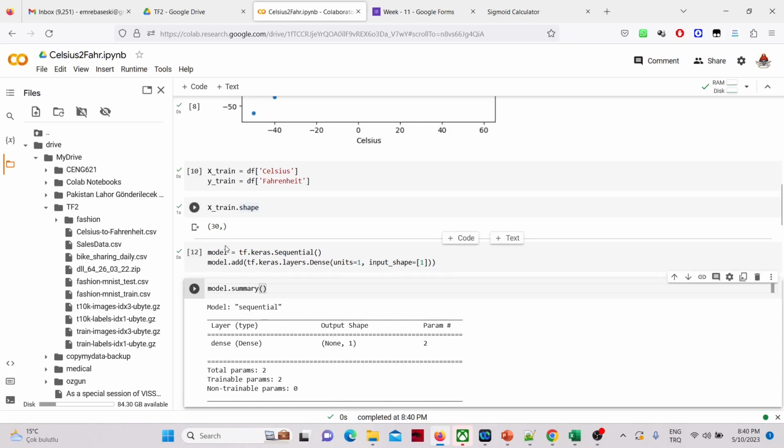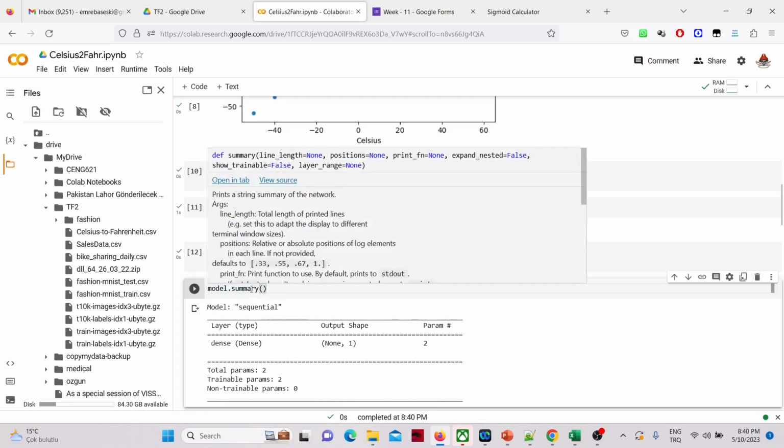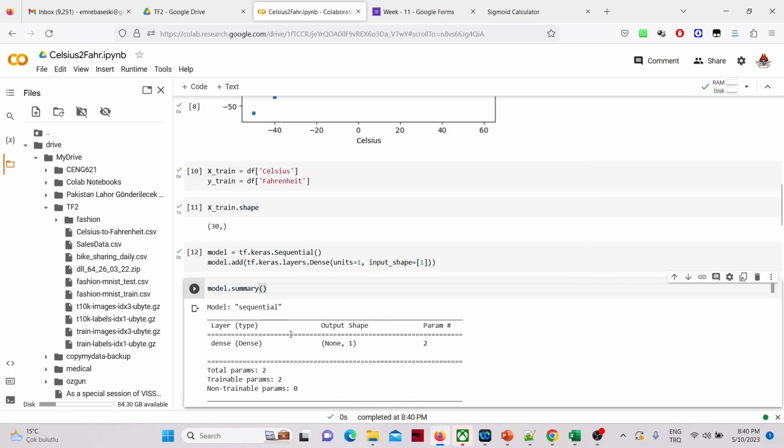This is an important command, model.summary. Once you create your model and add your layers, this command is giving you the shape of your network. It says basically your model is a sequential model, and you have these layers. If we had more than one layer, we would have a couple of rows here as well. But since we have just one layer, which is a dense layer,